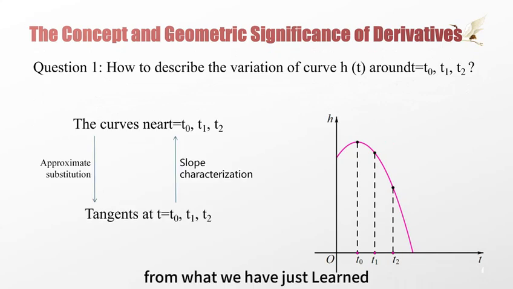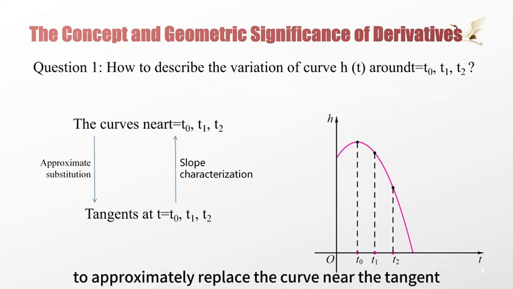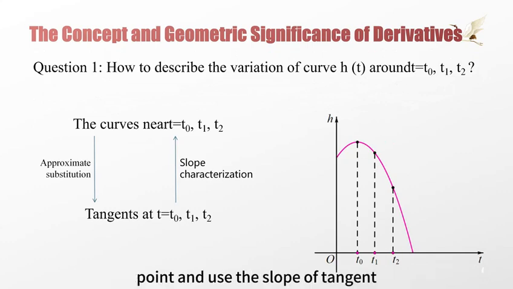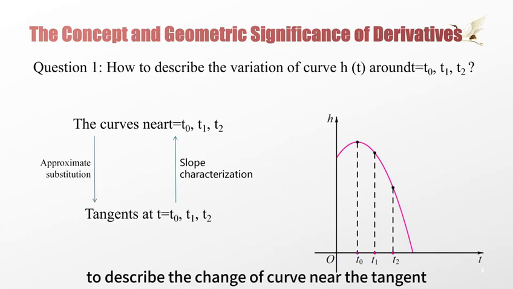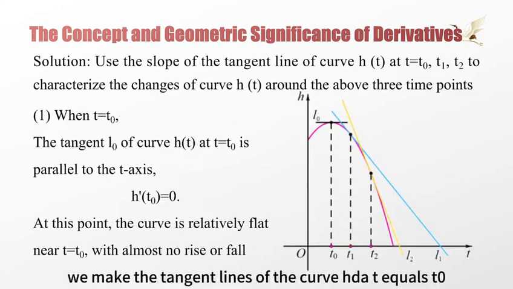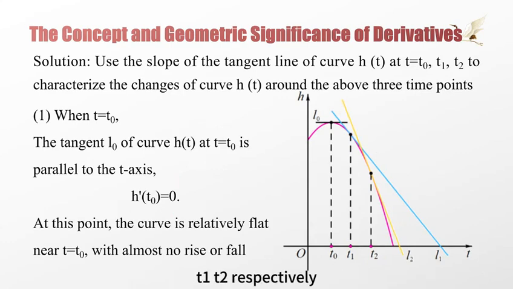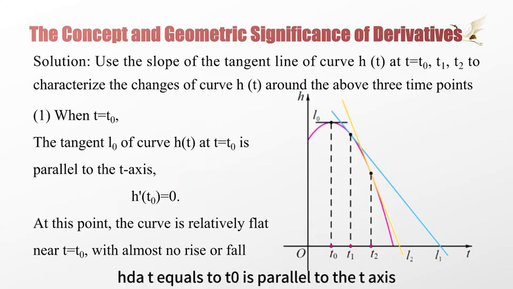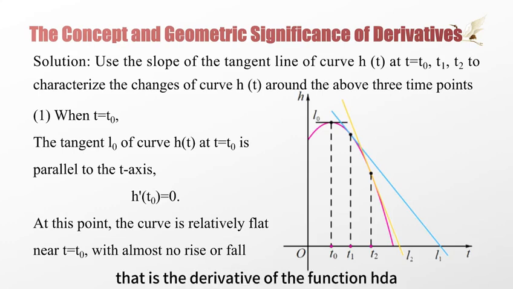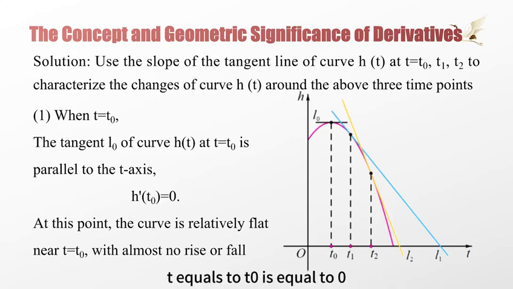From what we have just learned, you know that you can use the tangent to approximately replace the curve near the tangent point, and use the slope of the tangent to describe the change of the curve near the tangent point. We draw the tangent lines of the curve h(t) at t equals t0, t1, t2 respectively. When t equals t0, the tangent L0 of the curve h(t) is parallel to the t-axis, and the slope is 0, that is, the derivative of h(t) at t0 is equal to 0. This means that near t0, the curve is relatively flat and there is almost no